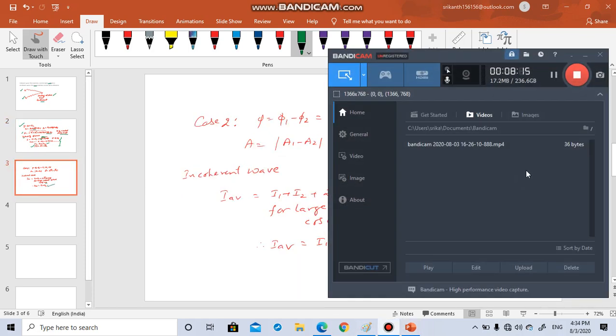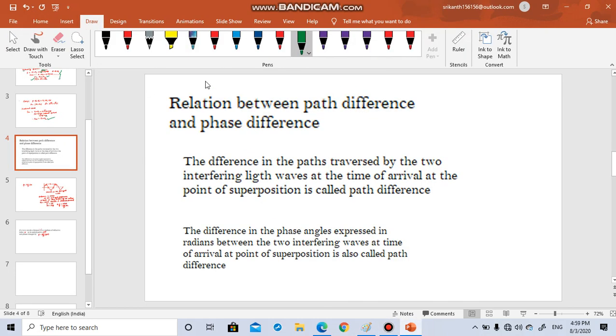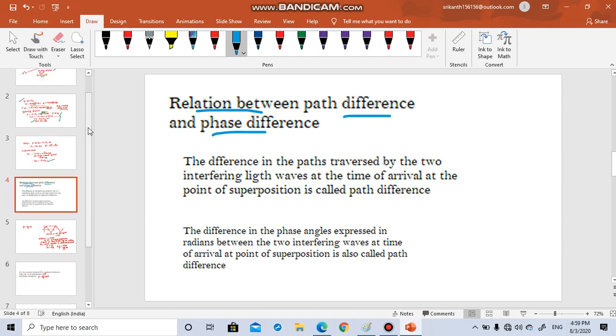Let's move on to the next concept, relation between path difference and phase difference. Now here a new term called path difference has come. Now what is path difference? In the example we were discussing here,